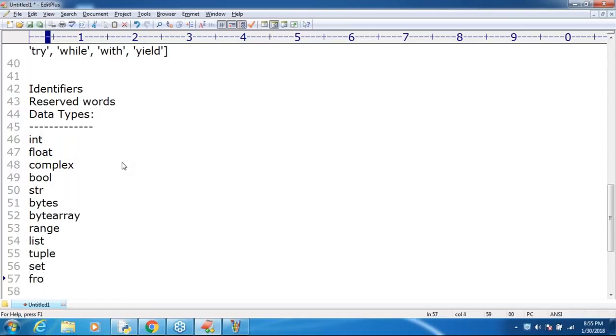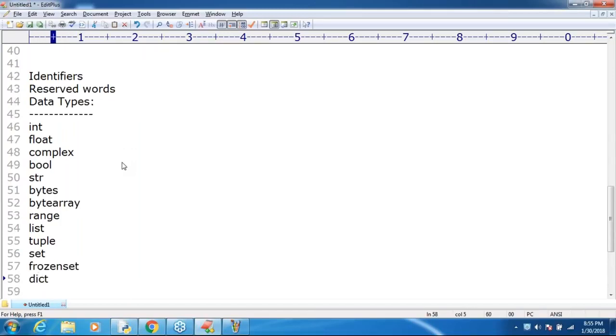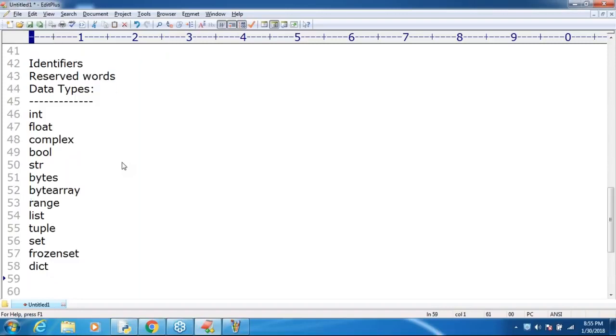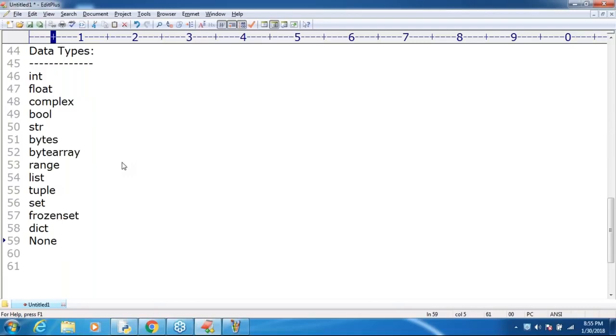Next, frozen set. Next, and after that, dictionary, and then none. So in Python, what are the various inbuilt data types? These are the 14 inbuilt data types, sir.